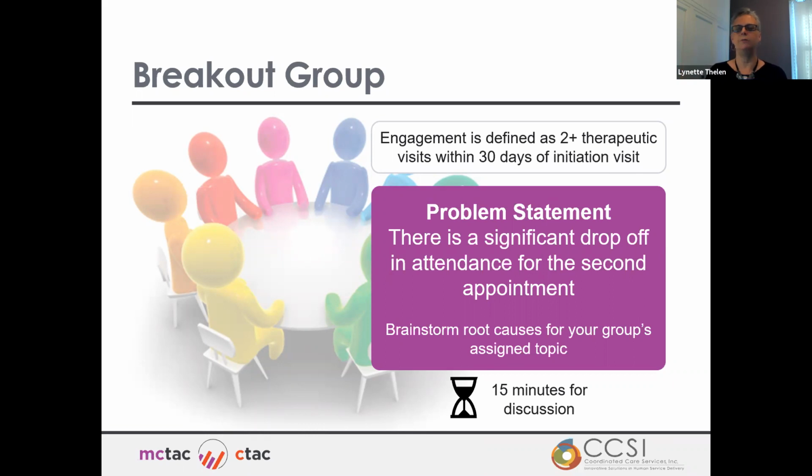I'll ask one of my support folks on the line to make sure they cut and paste the chat, and we can make sure we post that in our team site so you can get back to those. But basically what you did there is exactly what we would want to see in a brainstorming session. Lots and lots of ideas, that we're contributing to that challenge, the problem statement that we